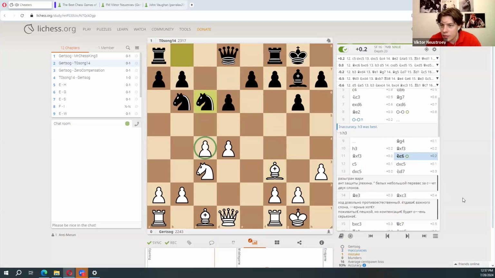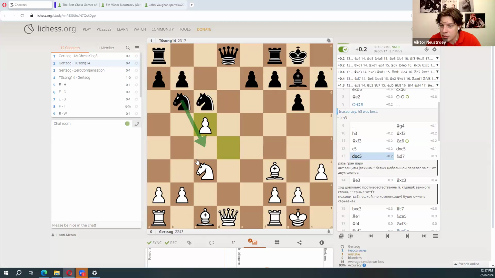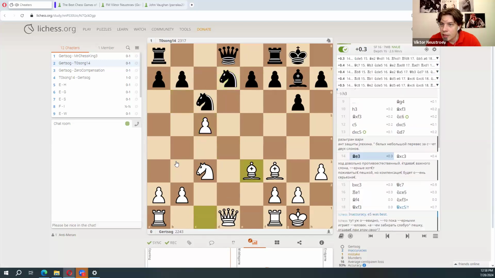So then, knight c6? Well, yeah, knight c6 is obvious. Here I play c5. He may not take, actually. Maybe knight c8 is a good move. He takes, then knight c4, but he plays knight d7. However, knight d7 was a good move too. And even taking on c3 was not bad. So this guy did play according to the engine, but not according to the first line. And also he defeated me in 2 games.